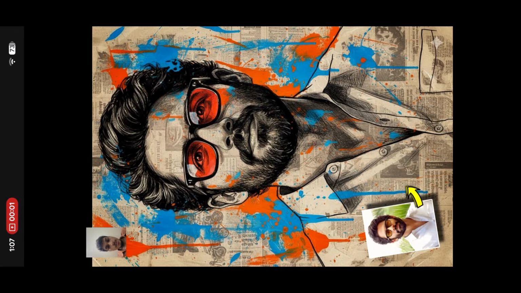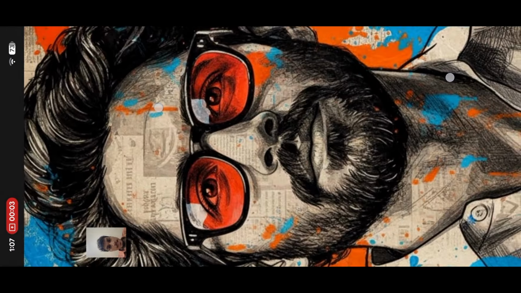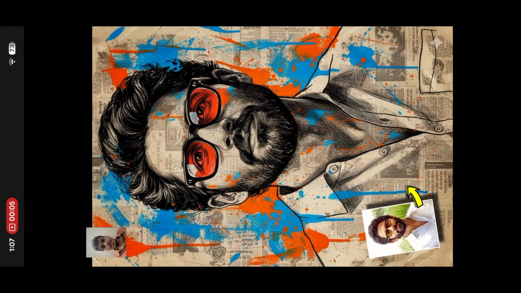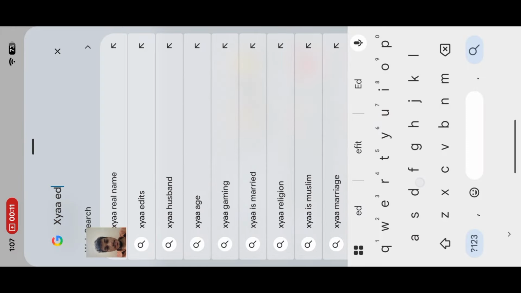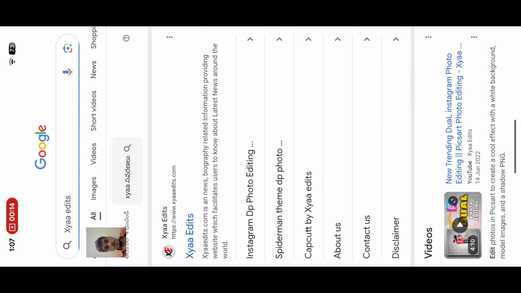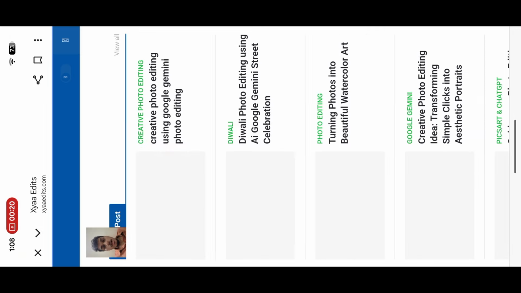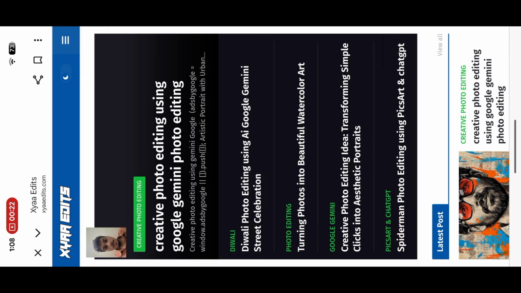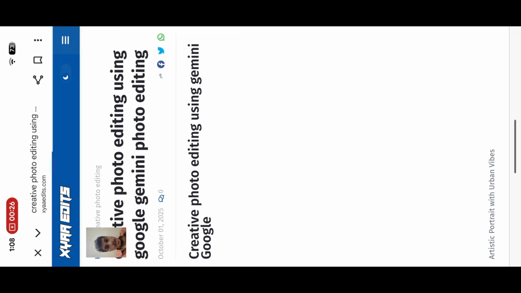You can also edit your photos like this exactly by using Google Gemini. First, go to Google and search "XYAA space EDITS". It will go to my website. Click on this first website, and after that you have to copy the prompt. Click on this first one, create a photo editing, and